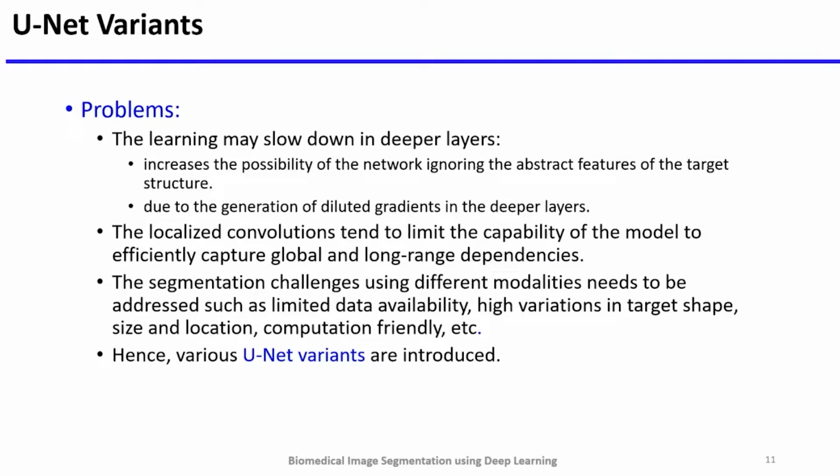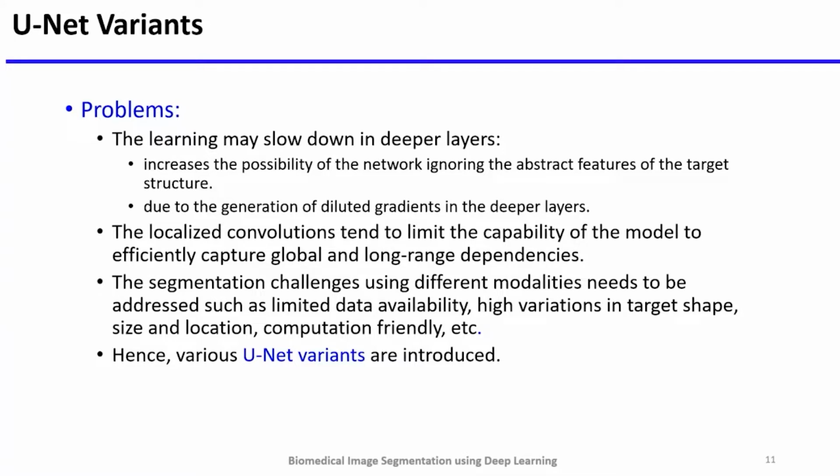Despite vanilla U-Net being super efficient in the ISBI cell tracking challenge, there is still a void to fill with improvements in certain aspects. The most apparent problem in the vanilla U-Net is that the learning may slow down in the deeper layers of the U-Net model, which increases the possibility of the network ignoring the layers representing abstract features of the target structure. This slack in the learning process is due to the generation of diluted gradients in the